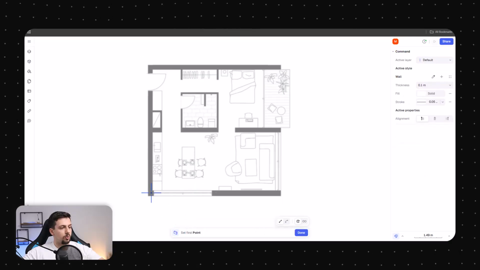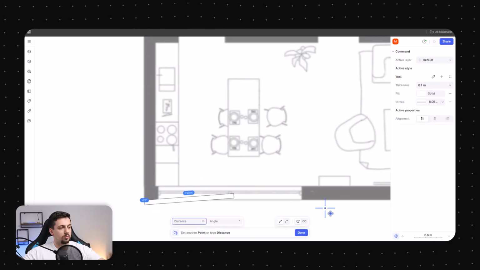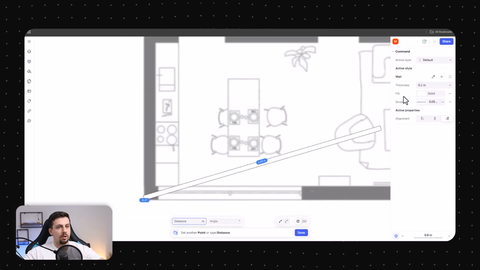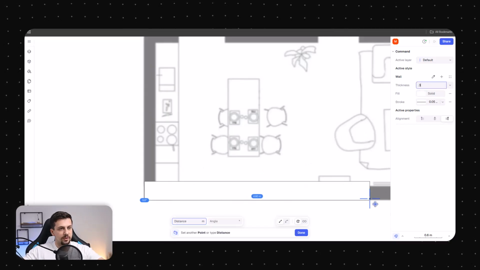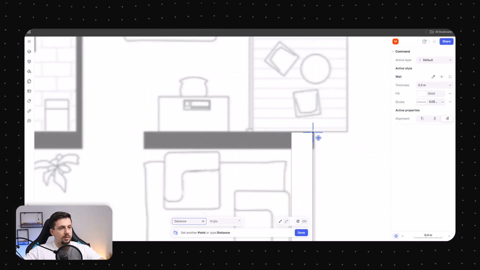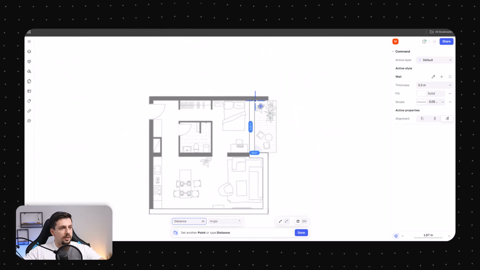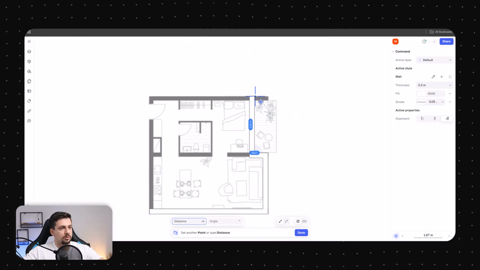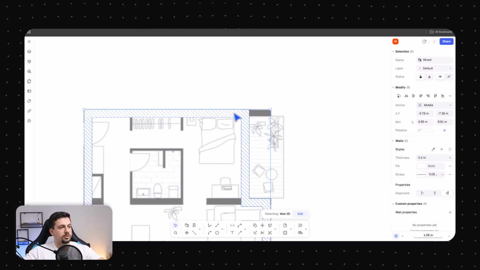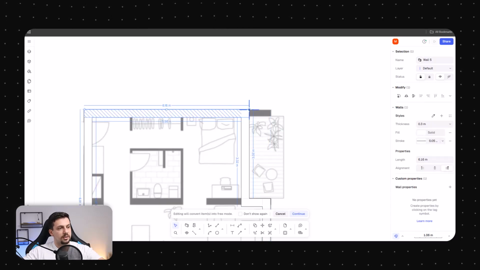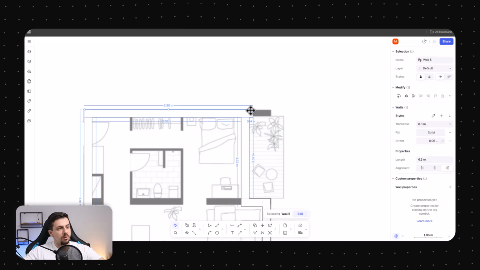So let's go to the wall tool here. We'll click once at the starting point in this corner. We will align on the other side and we will make this 0.3 meters in terms of thickness. Let's go over here. Let's go over here. Let's close this off. And then we will go up here, close this off, and this is basically our exterior walls. One thing that we'll modify is that we'll select this wall